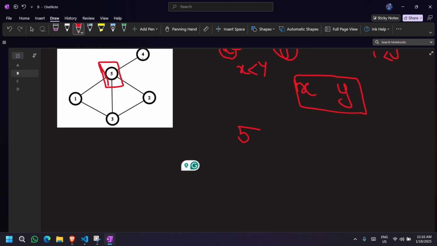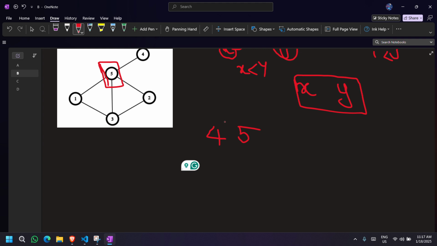Now 4 is connected to 5, which means 4 comes before 5, so put 4 here, and let's move ahead to 3. Now 3 is connected to 1, 2 and 5. You only have to look at the nodes connected to 3 whose value is greater than 3. So the only node is 5.